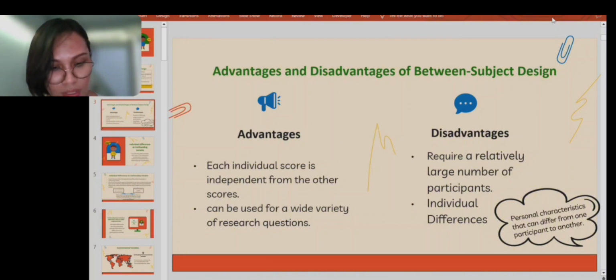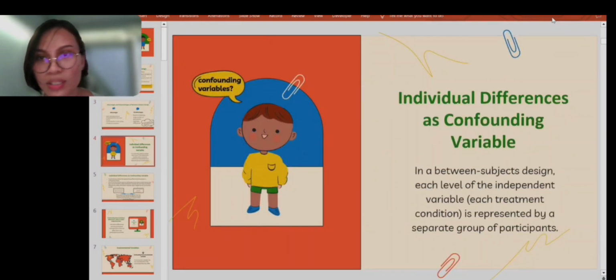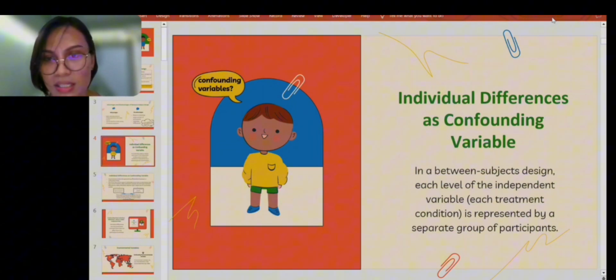Each score is obtained from unique individuals who have personal characteristics that are different from all other participants. So, individual differences as confounding variables. In between-subject design, each of the independent variable conditions is represented by a separate group of participants. So, what are these individual differences? These are confounding variables that can interfere